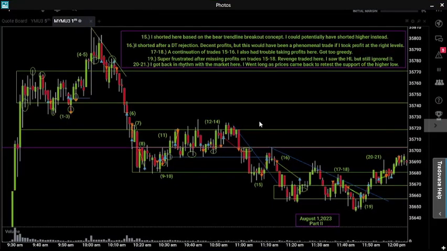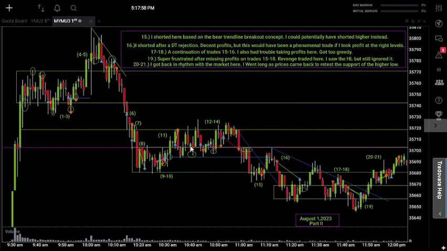Trade it the same way. What's an example where it didn't work? Is this the right chart? This might not be. Oh, okay. Let's look at trades 9 and trades 10. I think we talked about these earlier, so let's go ahead and break it down into a little bit more